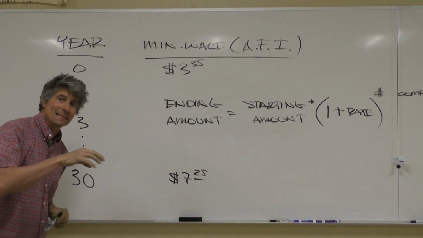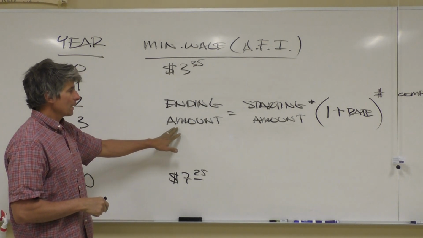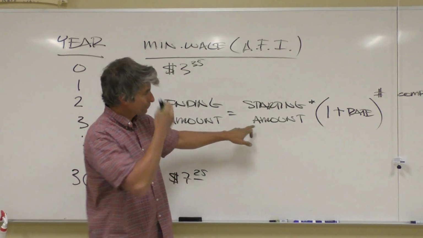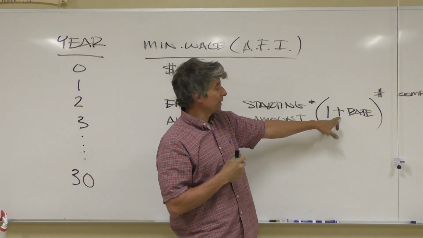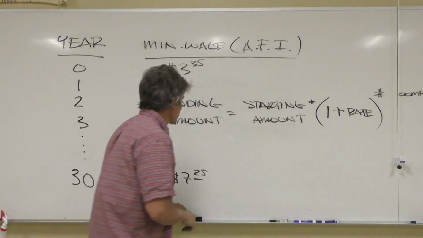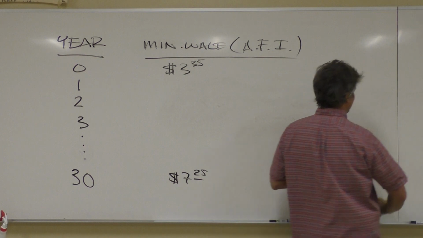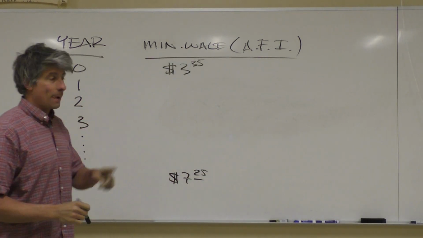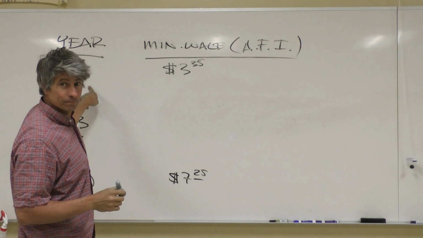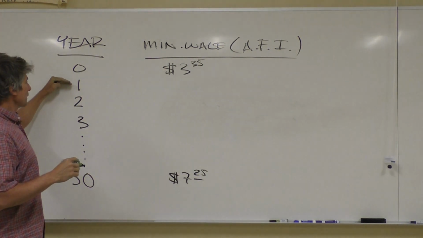But what's interesting is how you get from the starting amount to the ending amount. You have to multiply each year by 1 plus this inflation rate, which we don't know. So that's what we're going to do in this table. Let's take this out and let's apply that equation to this table. So year 1,